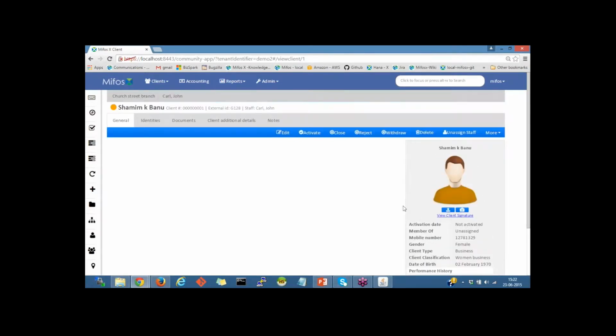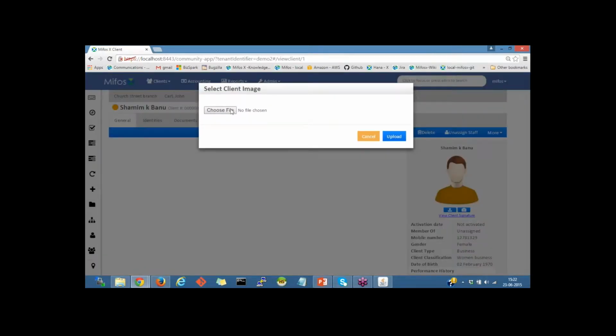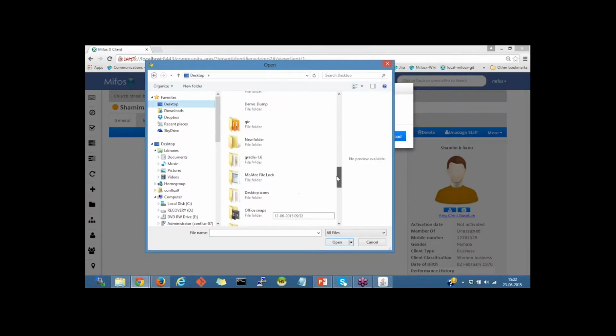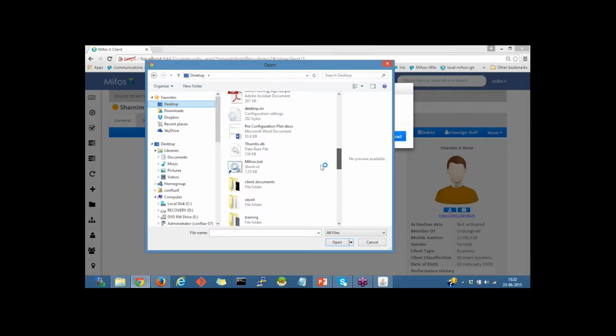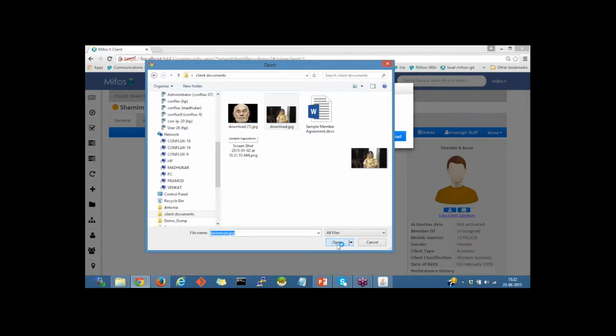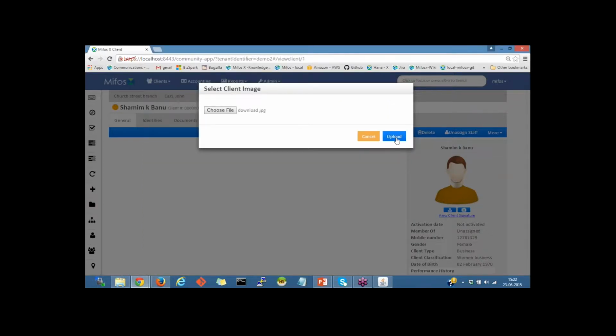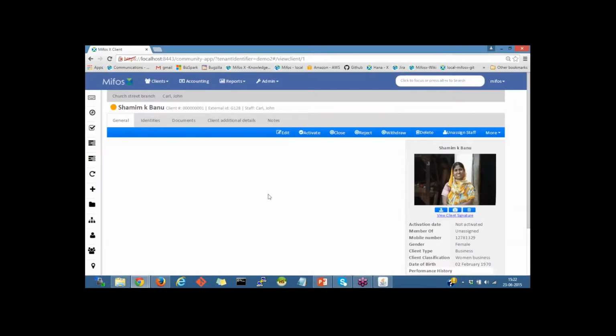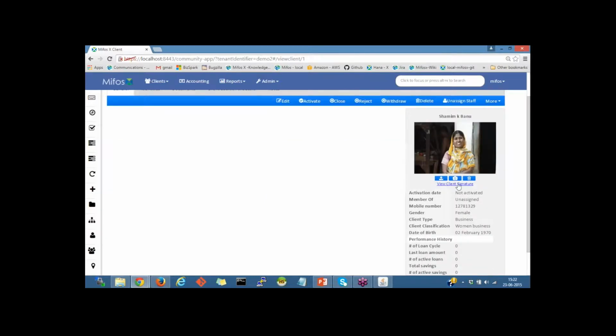Let me update the client image. Now I'll select the image and open. Then click on the upload button to upload the image. Now the client image has been uploaded, and we could also upload the